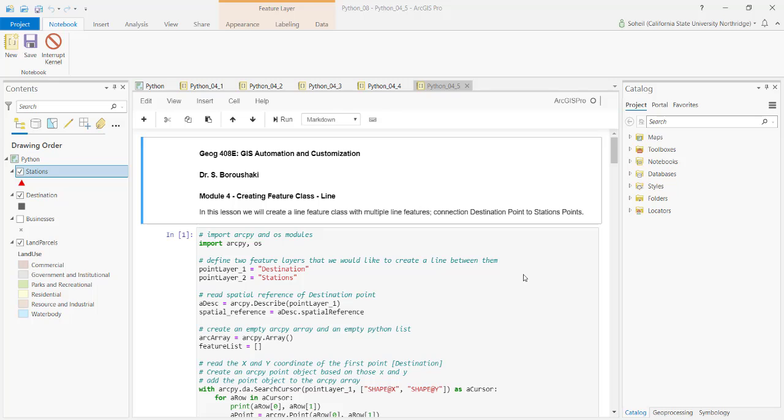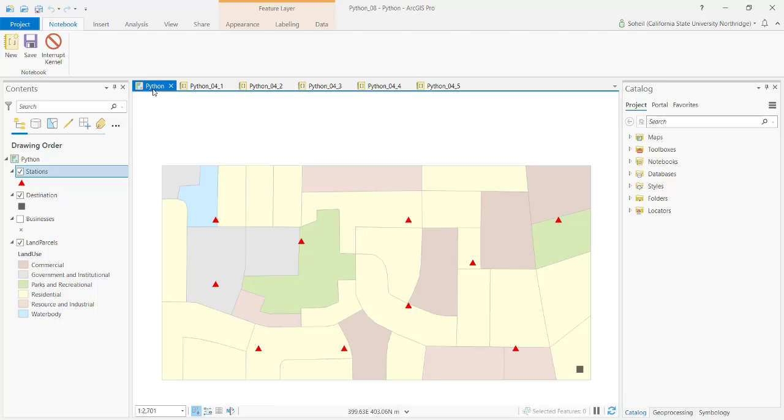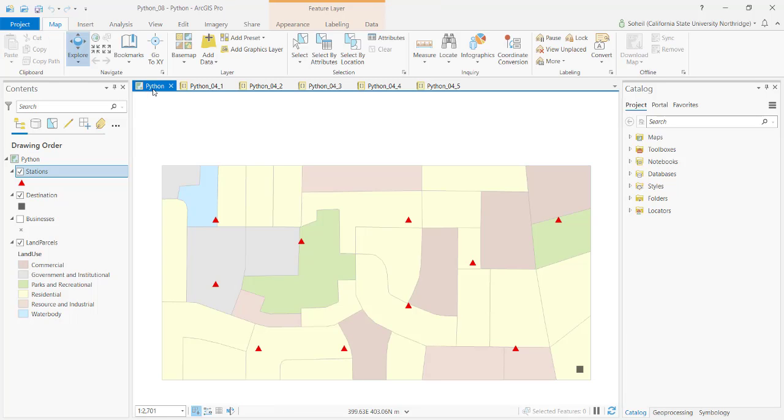In this lesson, we will be reviewing or learning how to create a line feature class with multiple line features in it. The question is this, that we are going to create a script to create lines between this point, we call it station, and destination,